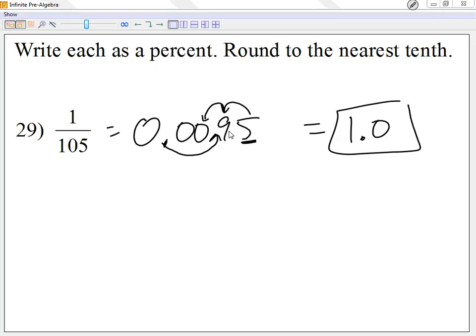Once again, the 5 pushed the 9. Well, let me write my percent sign. The 5 pushed the 9, and the 9 ended up pushing the 0. That's why it became 1.0. Do not call it 0.10, because that's 0.1. Any other questions? No? All right. Let me take all the